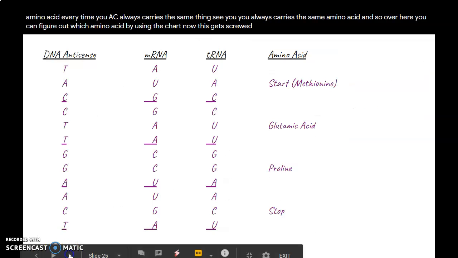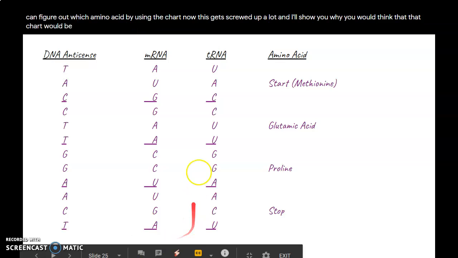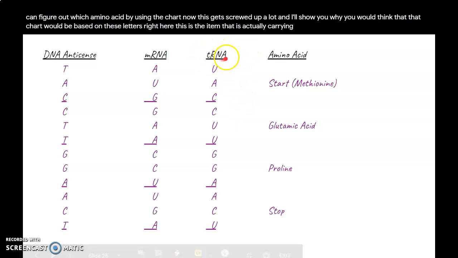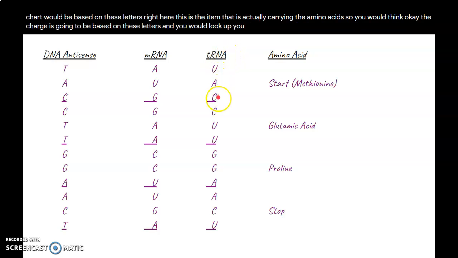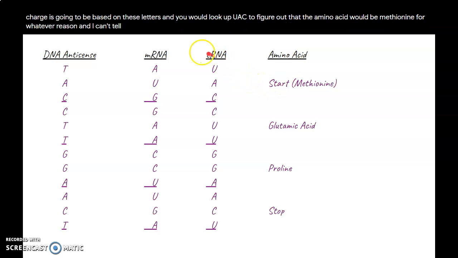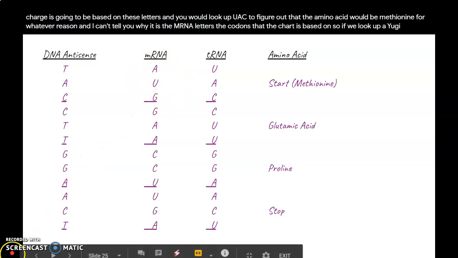Now this gets screwed up a lot, and I'll show you why. You would think that that chart would be based on these letters right here. This is the item that is actually carrying the amino acid, so you would think, okay, the chart is going to be based on these letters, and you would look up UAC to figure out that the amino acid would be methionine. But that's actually wrong. For whatever reason, and I can't tell you why, it is the mRNA letters, the codons, that the chart is based on. So if we look up AUG on the chart,